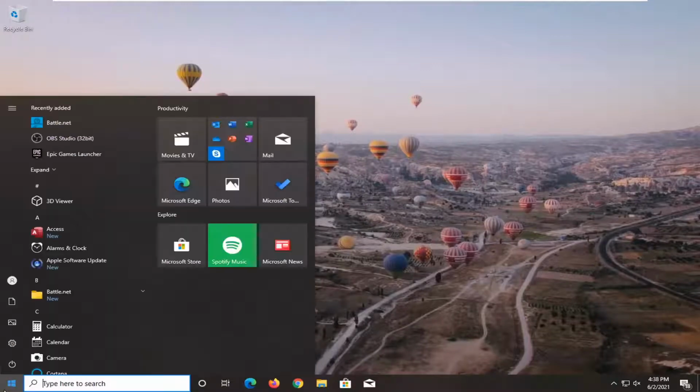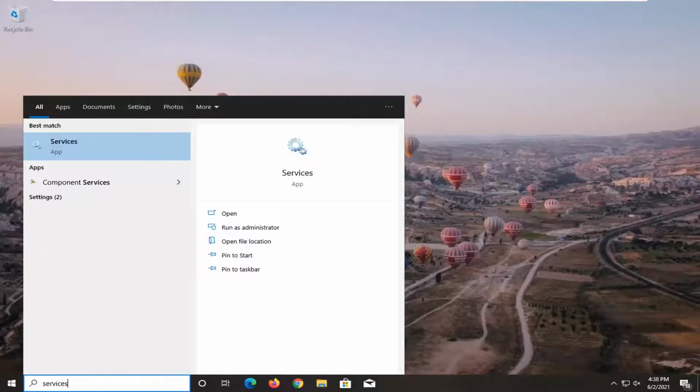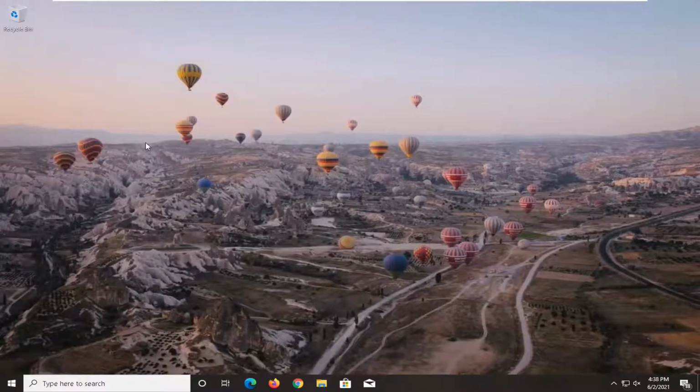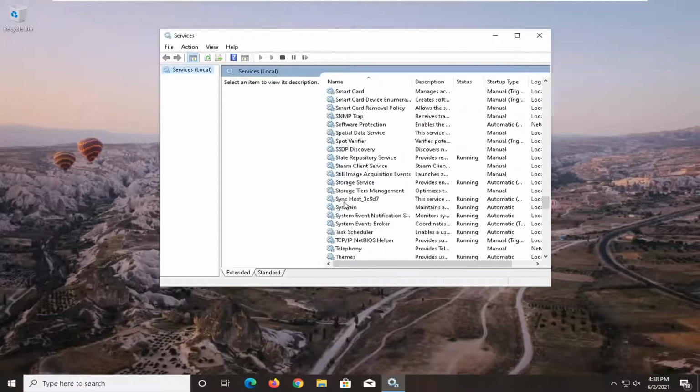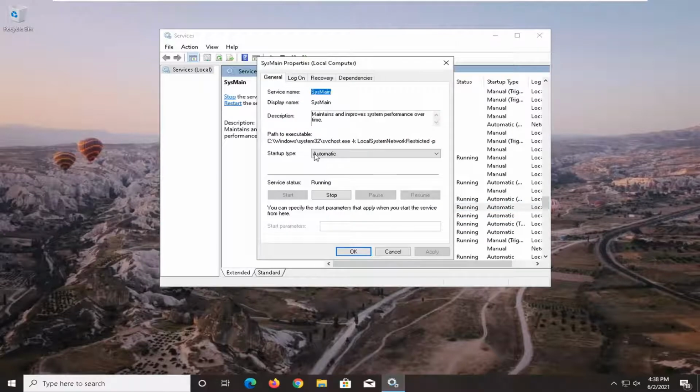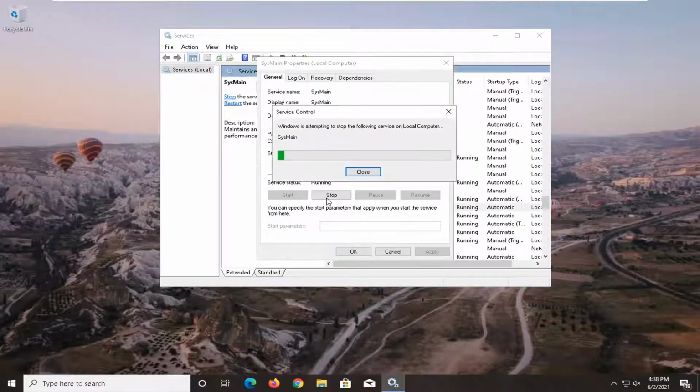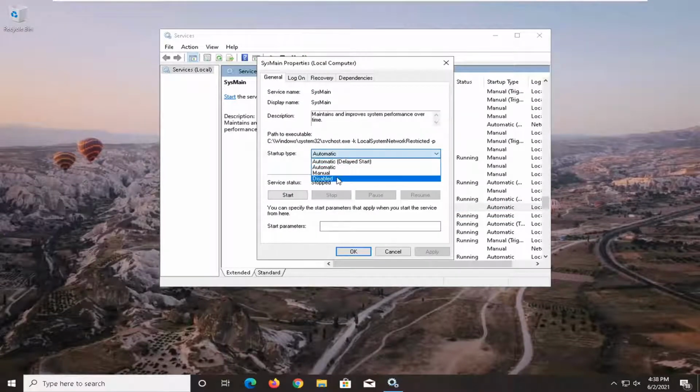Another thing, go ahead and open up the Start menu, type in Services. Best match should come back with Services listed right above App, so go ahead and open that up. You want to scroll down to the SysMain service here and double click on it. If service status is running, you want to go ahead and stop it and set startup type to disabled,